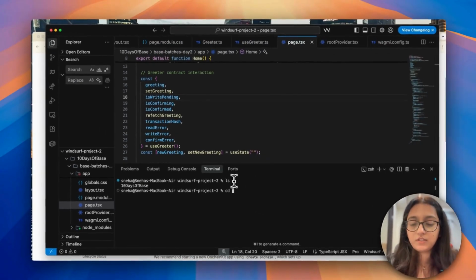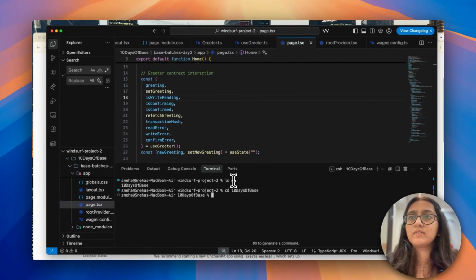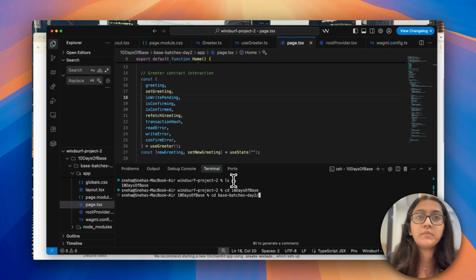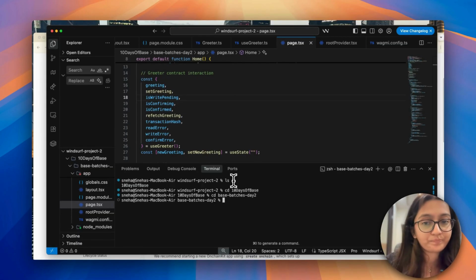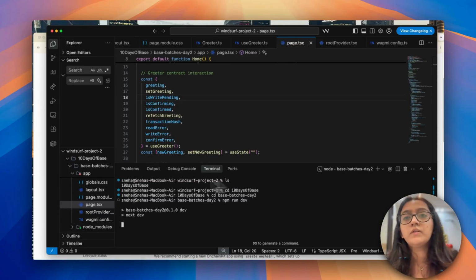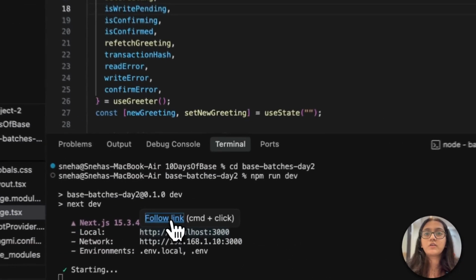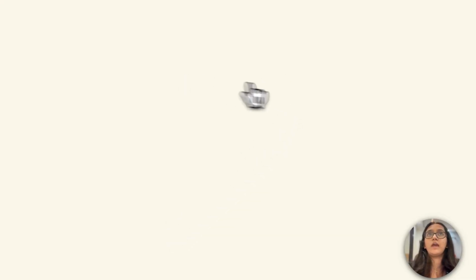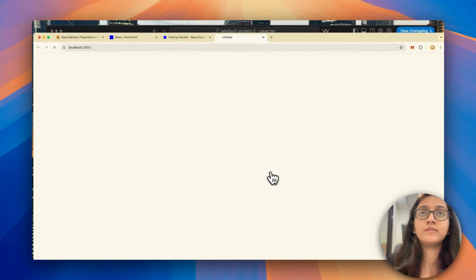So we want to see CD, 10 days of base, and then CD, base patches. And now it's time we test the entire flow. So we say npm run dev, please just work. Okay. So we follow link, and what happens here is